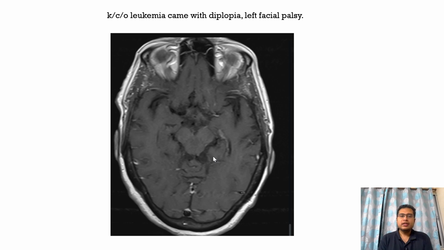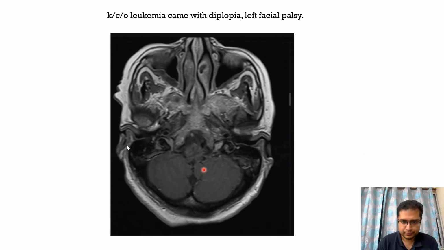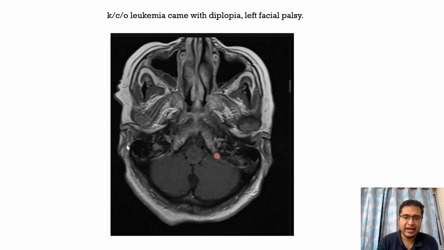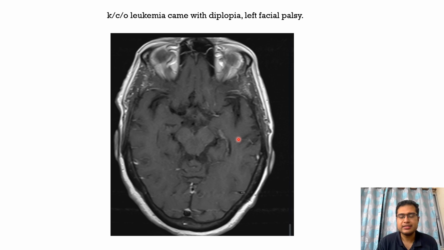So coming to another important case, here we have a patient who is a known case of leukemia who presented with diplopia and left facial palsy, and this is the MRI done for this patient. Particularly if any cranial nerve palsy is present, we get a CISS sequence or a FIESTA sequence done. These are the T1 post contrast images where we can see there is thickening and enhancement of the nerves bilaterally, that is seen, the cranial nerves, the 7th cranial nerve, 8th cranial nerve,